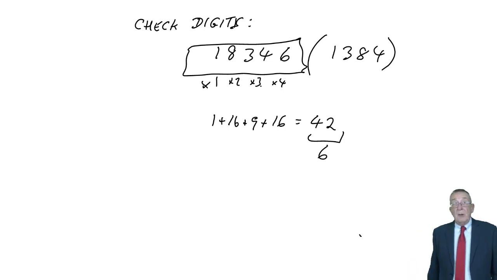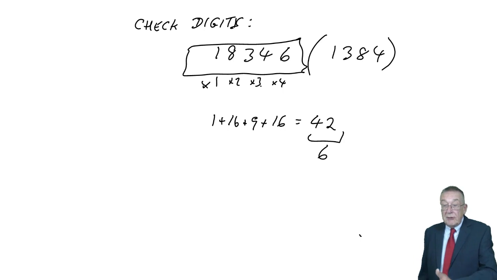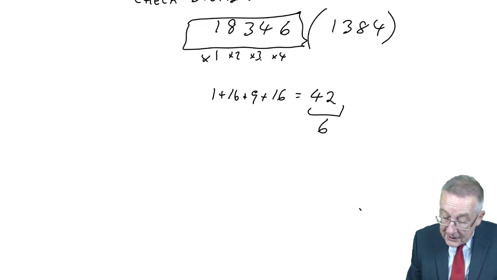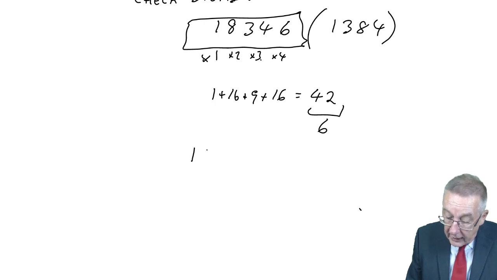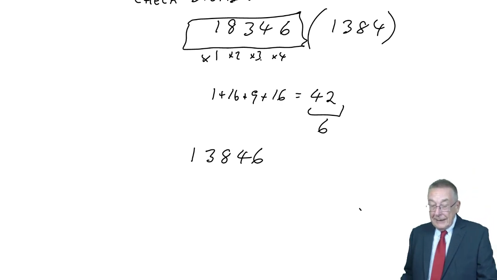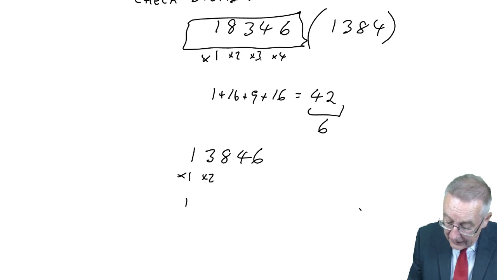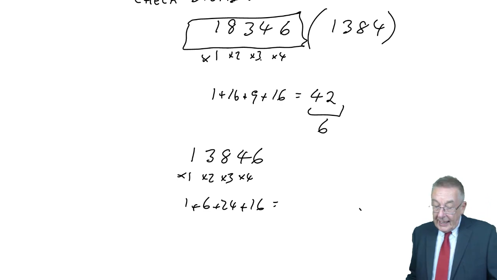And from then on, whenever they enter my number, they enter 18346, and immediately they enter it, the computer repeats the arithmetic and checks it works. So, for instance, if I enter by mistake 13846, it multiplies the first one by 1, the second one by 2, the third one by 3, the fourth one by 4. It adds them together and gets